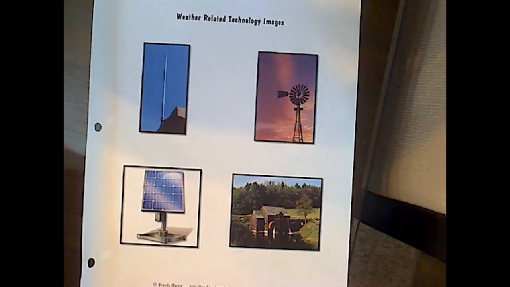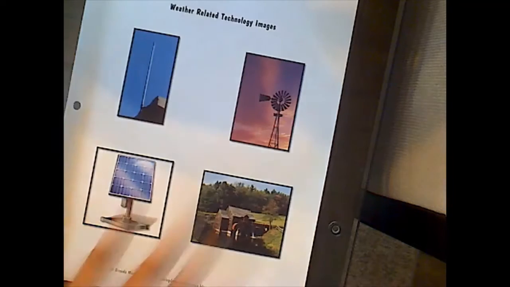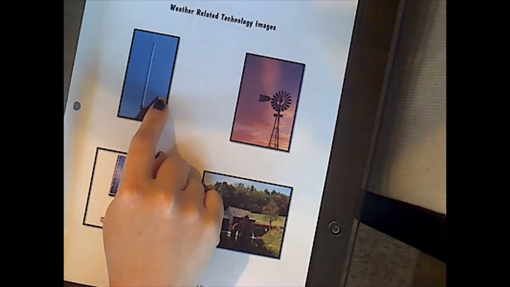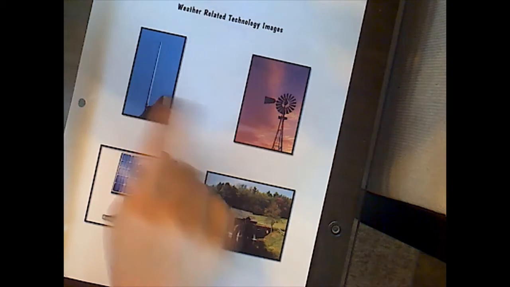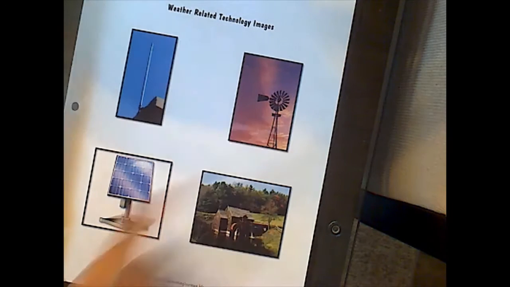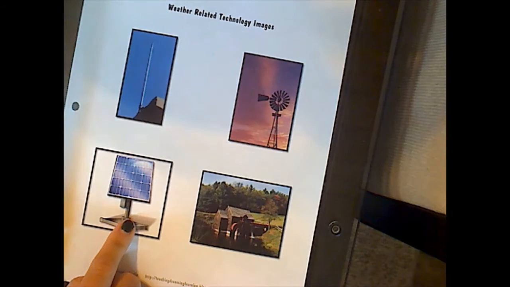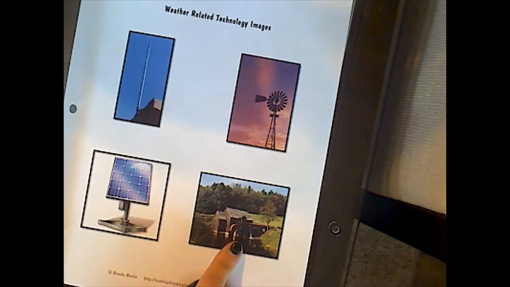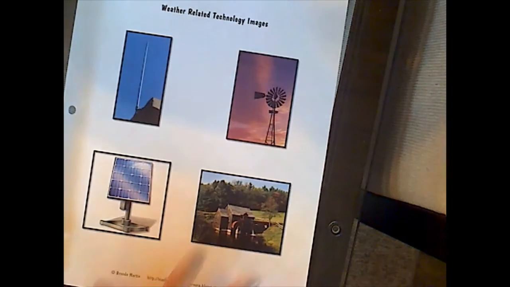Before we get into our vocab today, I do want to tell you what these are. This is a lightning rod. This is a windmill. This is a solar energy system. And this is hydropower. Some of these may look familiar to you. To start off, though, let's get into our vocab, and we are going to start with